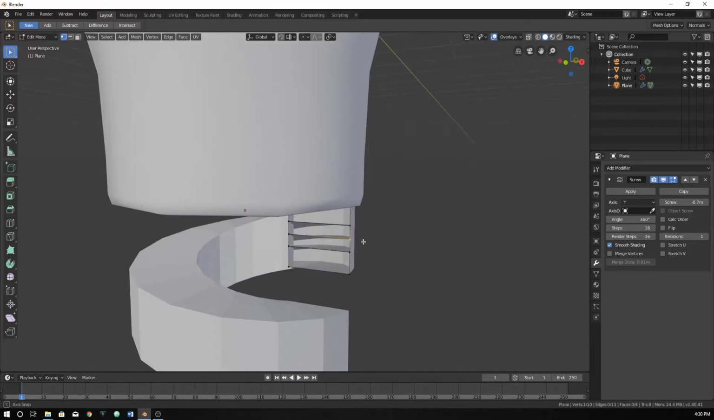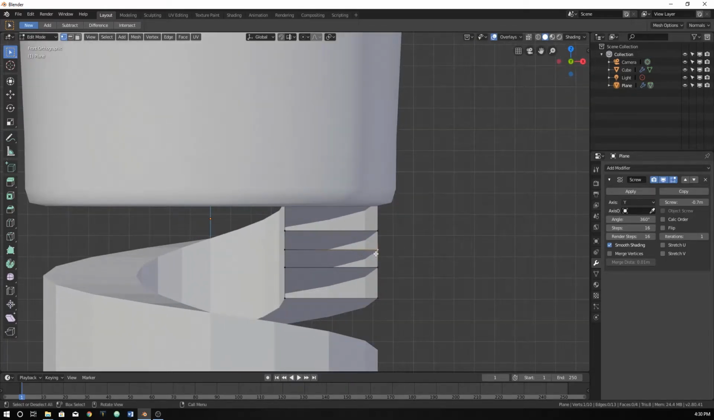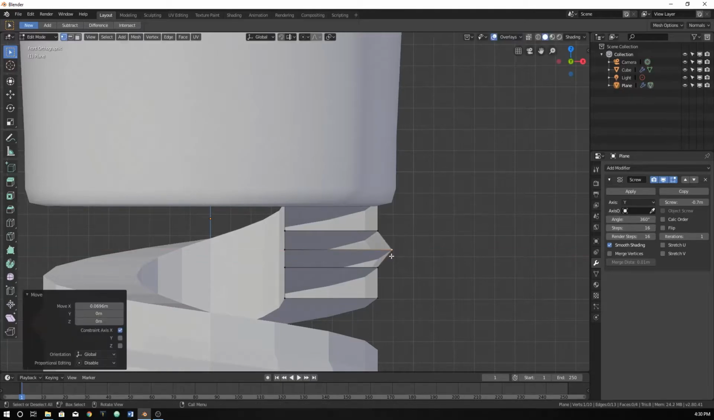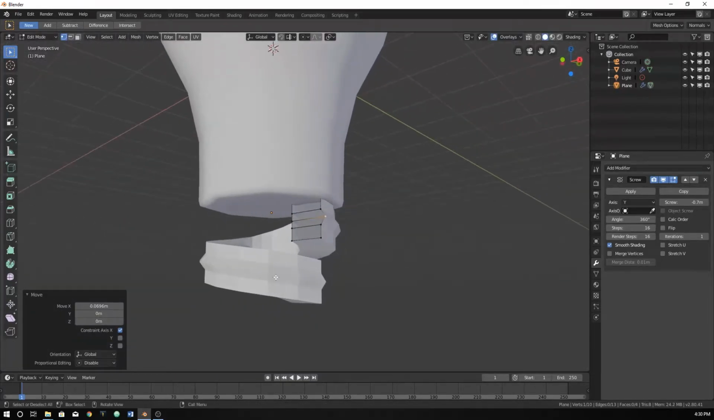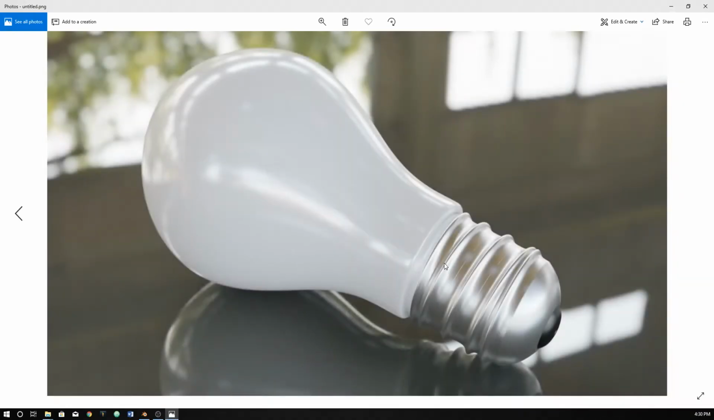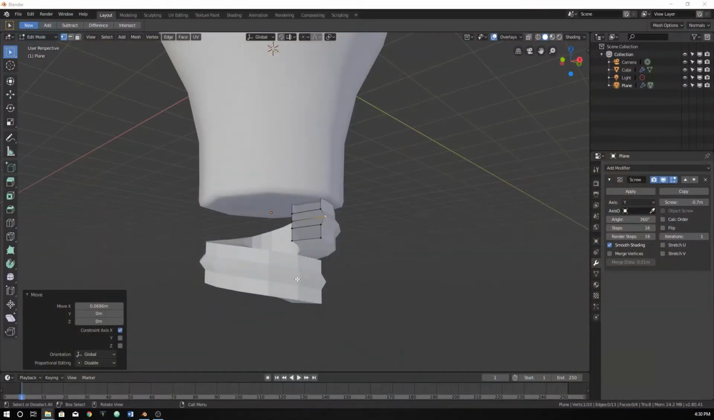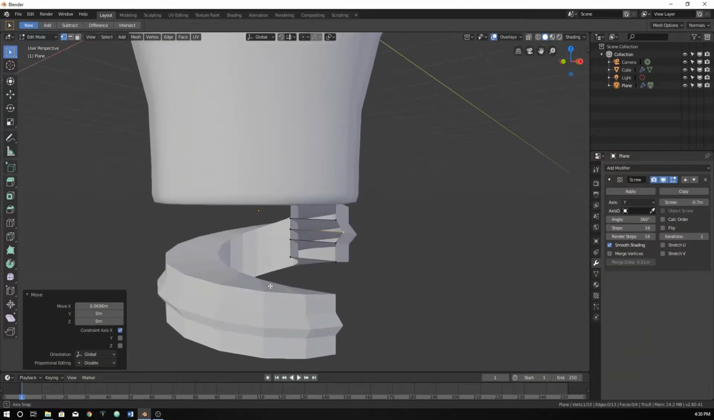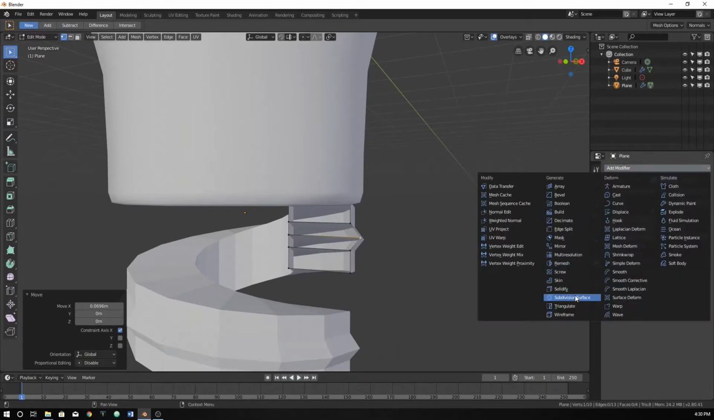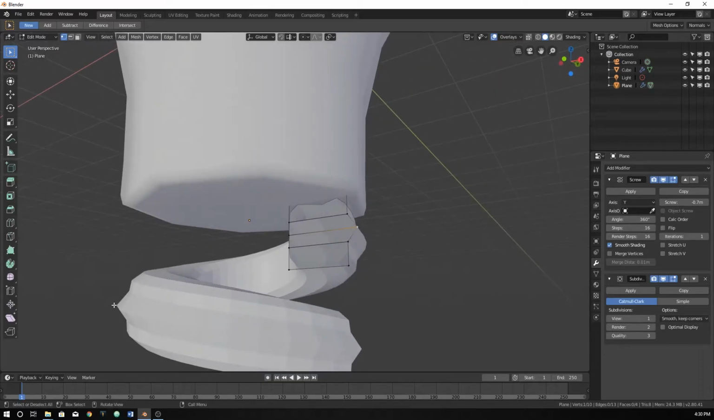So now click on this vertice. Make sure you're in your front view still, and drag it out. And now you can see we're getting that effect that's on here. Right now it looks horrible though. So let's fix that. Let's add a subdivision surface,